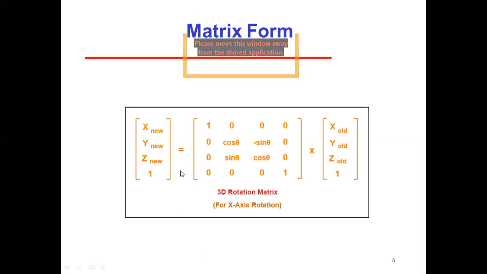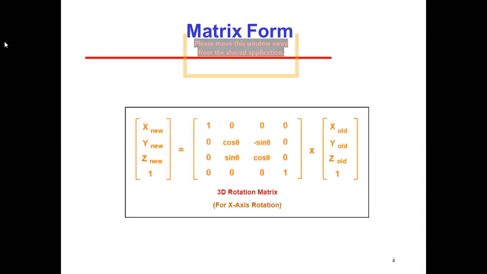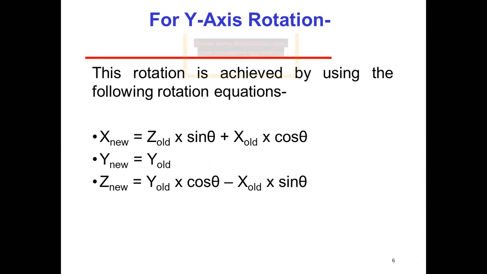And then there is also the identity, so that you can use it to remember easily. Okay, just keep constant only that axis, because we are not going to change the coordinates of that axis. If we are going to rotate about the x axis, then this will not change. If we are going to rotate about the y axis, then the coordinates of the y axis will not change. Similarly, if we are going to rotate our object about the z axis, then z will remain the same. Okay, so this is the matrix form for the x-axis rotation. Now we are going to proceed.